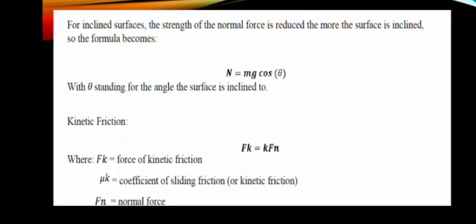Now let's go on to the kinetic friction. So in this case, the surface is inclined, meaning movement is unavoidable. So here is the formula. N is equal to mg cos θ, where θ stands for the angle the surface is inclined to. So to get the friction, we need to use this formula: Fk is equal to μk Fn, where Fk is the force of kinetic friction, μk is the coefficient of sliding friction, and Fn is the